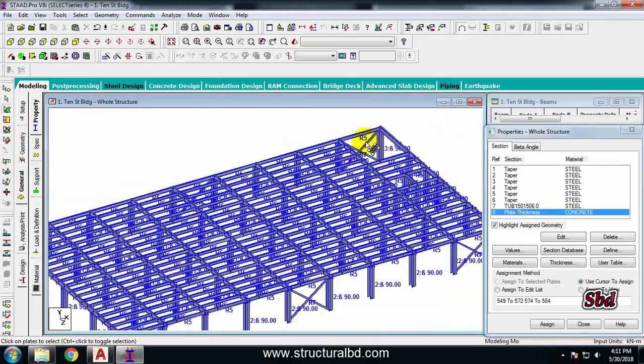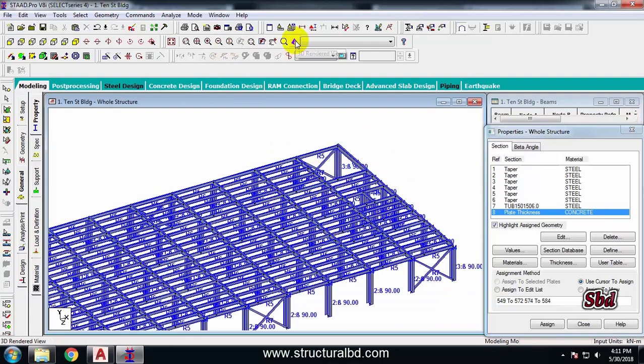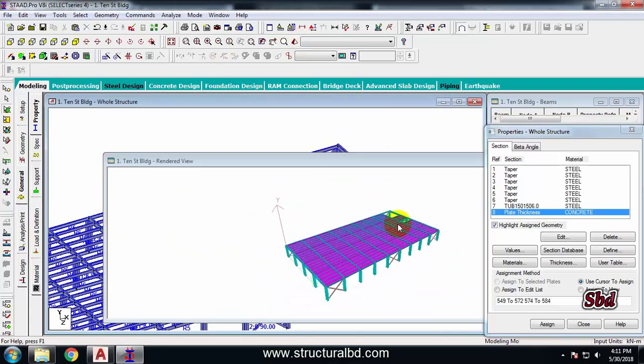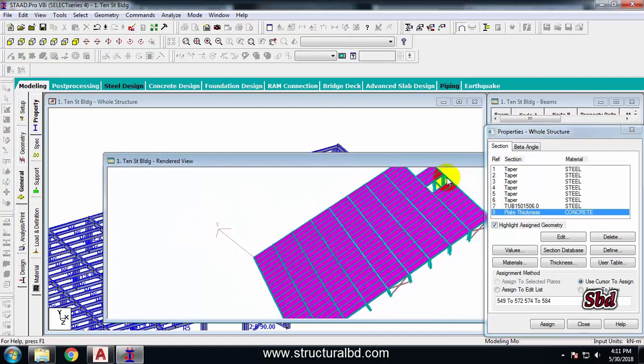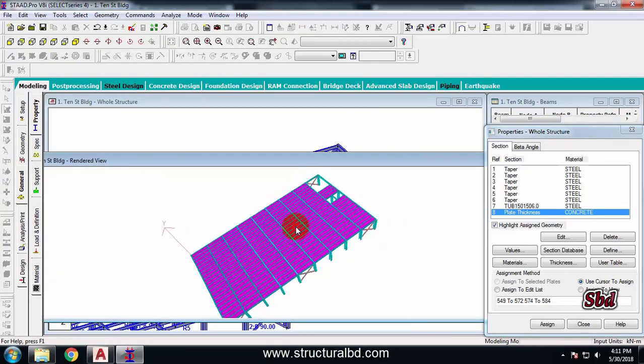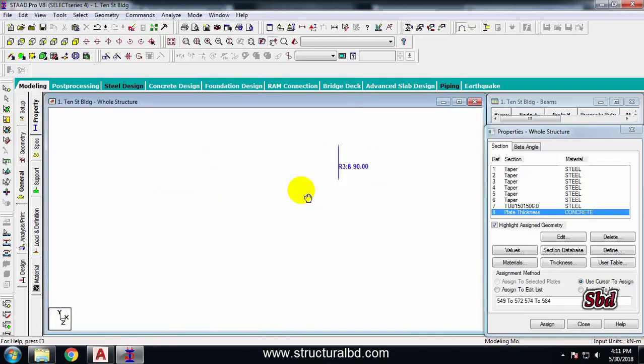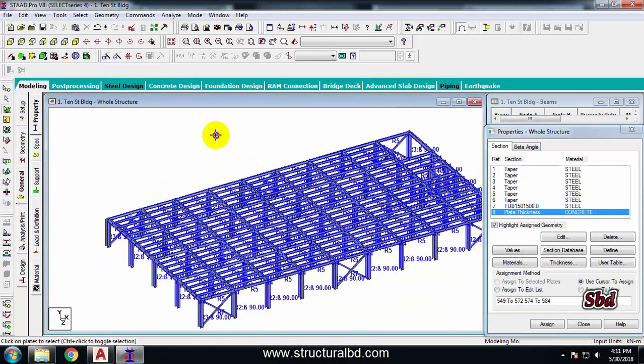OK, I have drawn the slab for all my panels. If you go to 3D rendered view, now you can check I have openings only at this stair and also at these 2 lift points. So you have to draw those using the same technique. And now